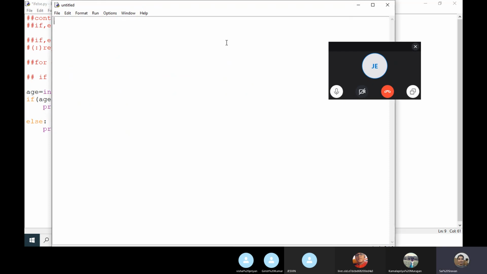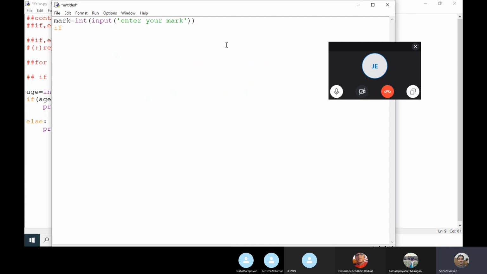So now take the same example. I am taking mark. So mark equals to integer input of, enter your mark.